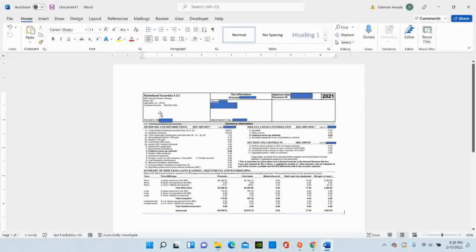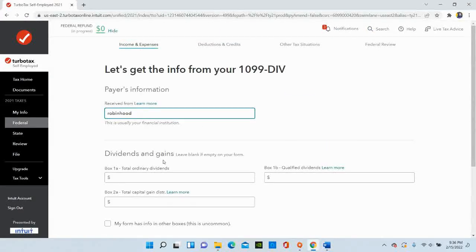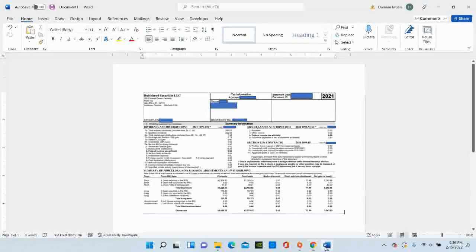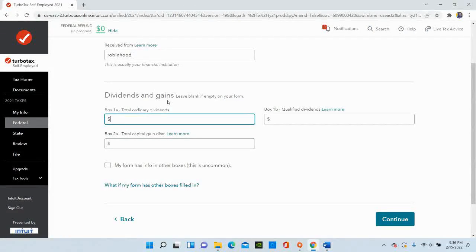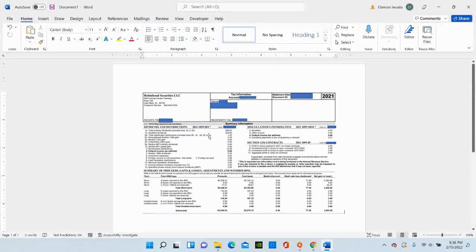Okay, now basically this is my 1099-DIV. This is Robinhood Securities, and on number 1A, that's where dividends and gain go. I don't know if you guys can see it, but it's 290.02. Well, I will put 290.02, but I don't know for you guys. You just gotta check 1A. I'll put 290.02, and then for 1B right here, qualified dividends,